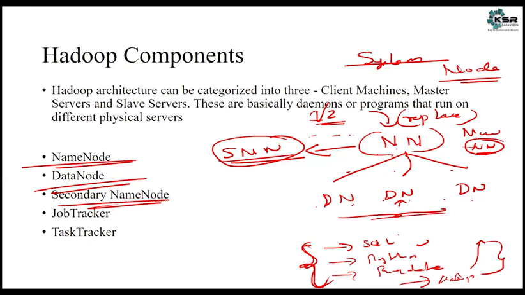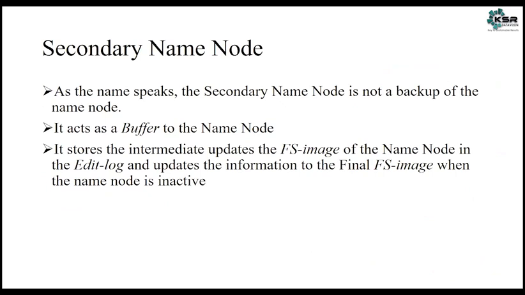He will simply go and bring another trainer with another new machine. And he will simply tell that you start from Hadoop second class. That's the instruction SNN will give to NN. Now, what is this SNN? Secondary name node is a third service that we are going to learn. As the name speaks,